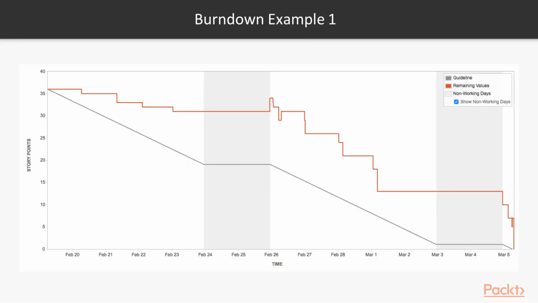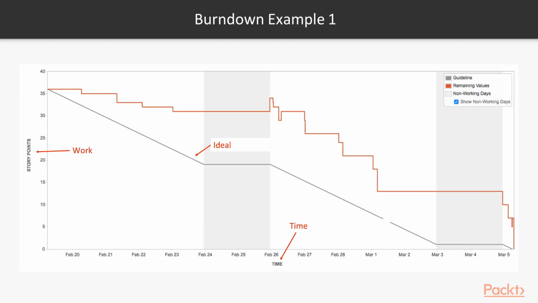All right, so in this first example, let me walk you through what you're looking at here. First of all, you can see on the vertical axis, we have story points. So in this iteration, we've got about 36 story points at the beginning of this sprint. You can see at the end, we actually want to burn down to 0 story points, so ideally handling all of the work that was committed to in this iteration. On the bottom, you can see we have time, right? This looks like a 2-week sprint. And you can see that as we go through time, the idea is that we burn down those story points